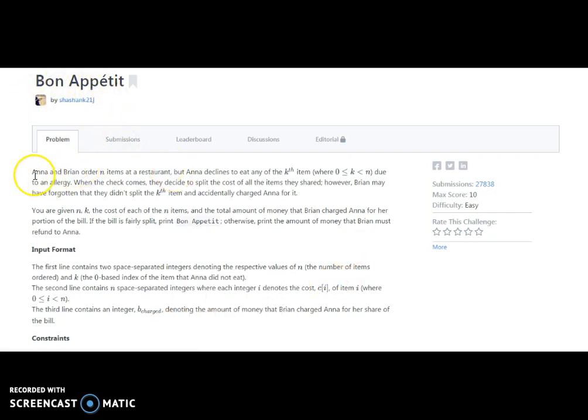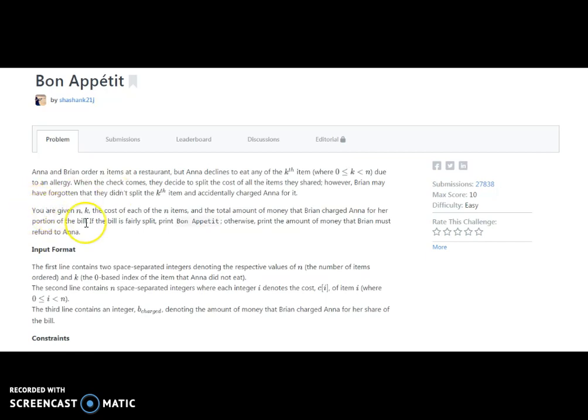Okay, what it says is that Anna and Brian order n items in the restaurant, but Anna declines to eat the kth item due to an allergy. When the check comes, they decide to split the cost of the bill for the items they shared. However, Brian may have forgotten that they didn't split the kth item, which accidentally charged Anna for it.